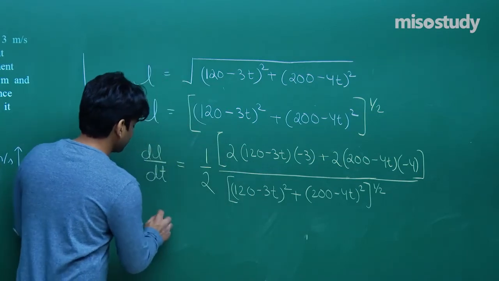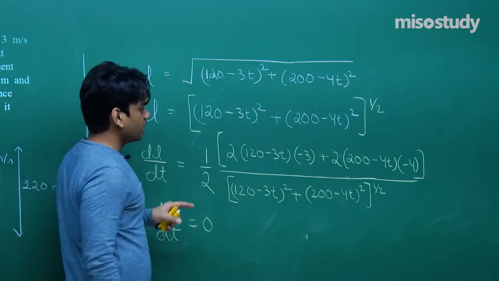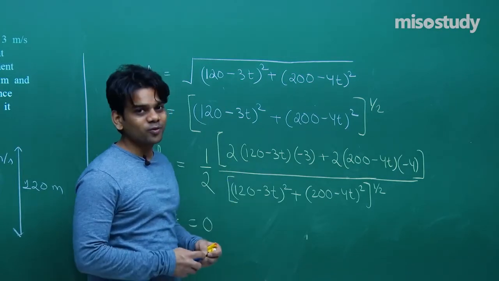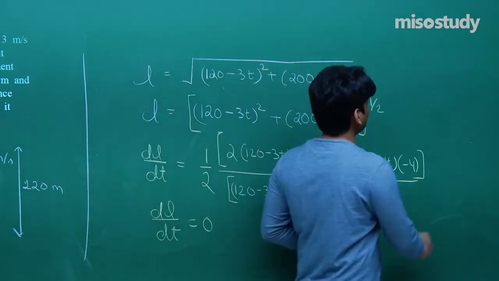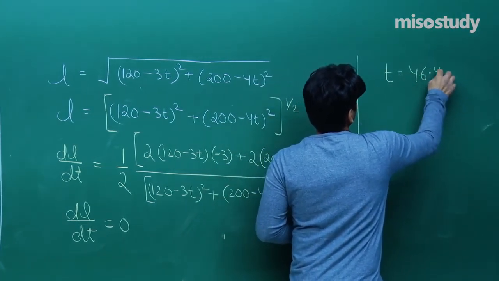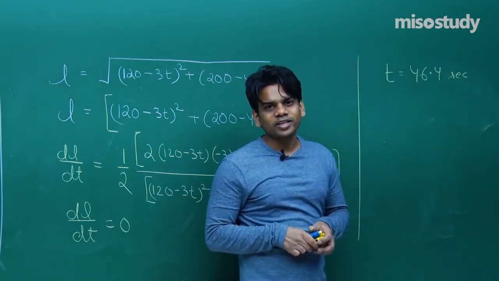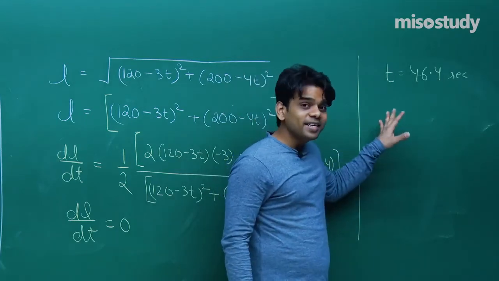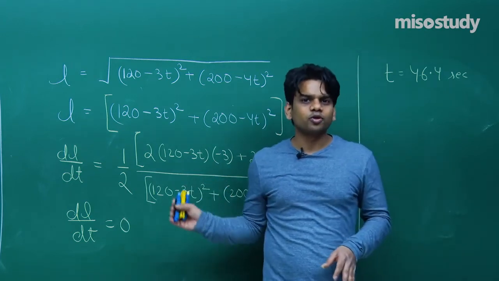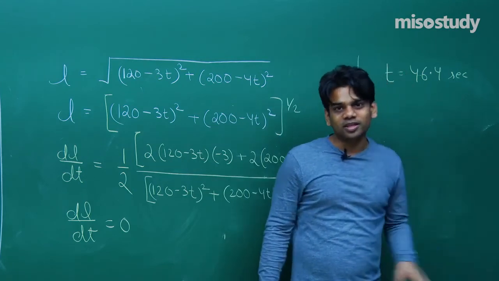So if I put dL by dt equal to 0, we will get a value of t. So what do you get? First of all, you find out that value of t. Since it's only the calculation portion, I'm going to write down directly the value of t. That will come out to be 46.4 second. You can find out the value of t, that will be 46.4 second. Very easily you can solve this entire equation. Put that this is equal to 0, you can get the value of t. Since it's a calculation portion, I'm leaving it up to you. Take note till here for the entire statement, and let me start from the other end.